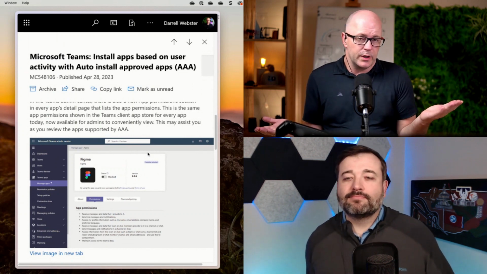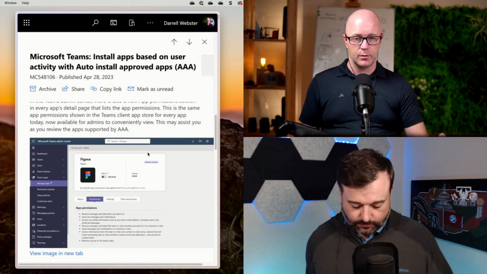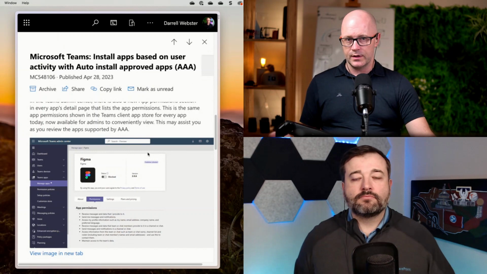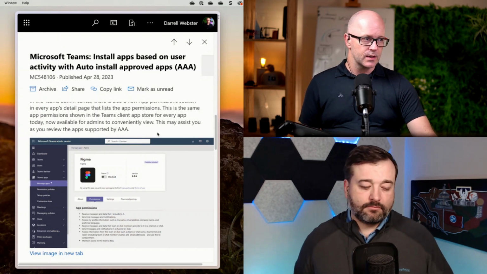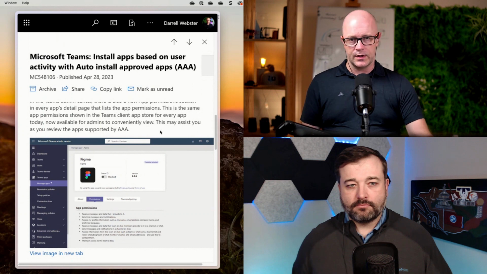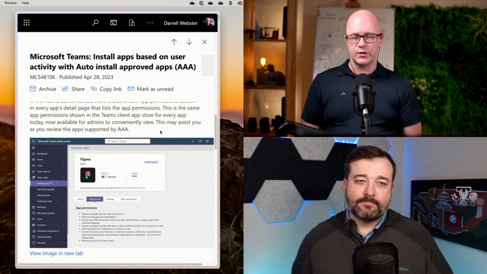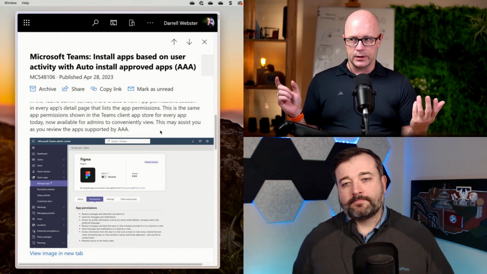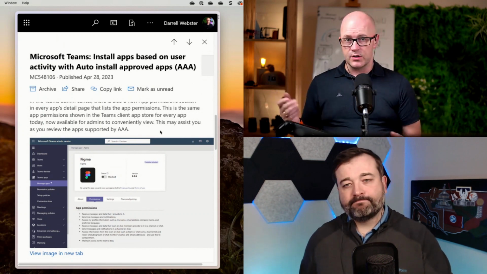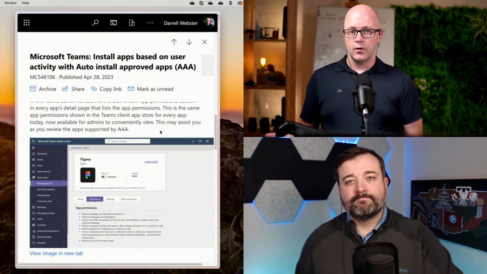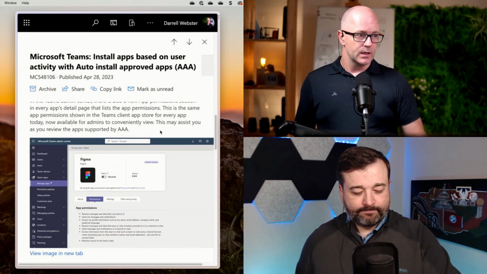We're yet to see, as Teams 2.0 comes out and goes into GA, what will change in that experience. But one other advantage of adding these apps for you is it's not just about having them on the app rail. It means they're now going to be available for you in a Teams chat, in a conversation, or added into a meeting. They're already installed for you so that they're ready to go when you need them.